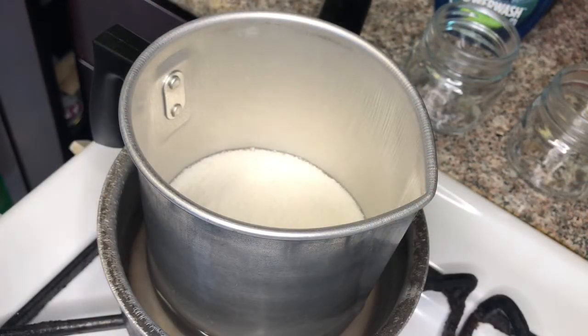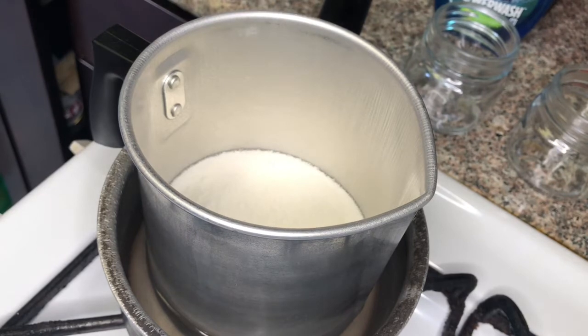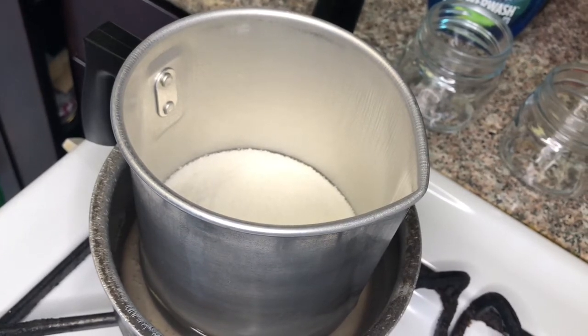While that's melting down, you want to get your jars ready. I got these candle wick stickers. You want to stick your wicks. If not, you can wait till your soy wax melts down. If you watch my previous video, you can dip your candle wick into the wax and place it in a jar, and it'll work just as good. But these are stickers that you just peel off and stick to the bottom of your jar